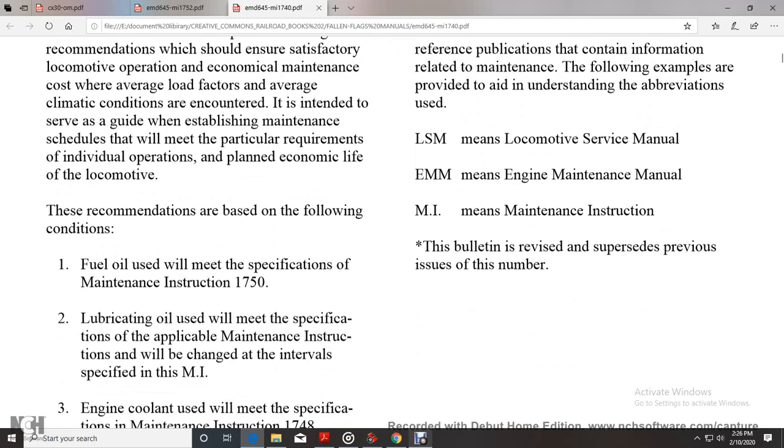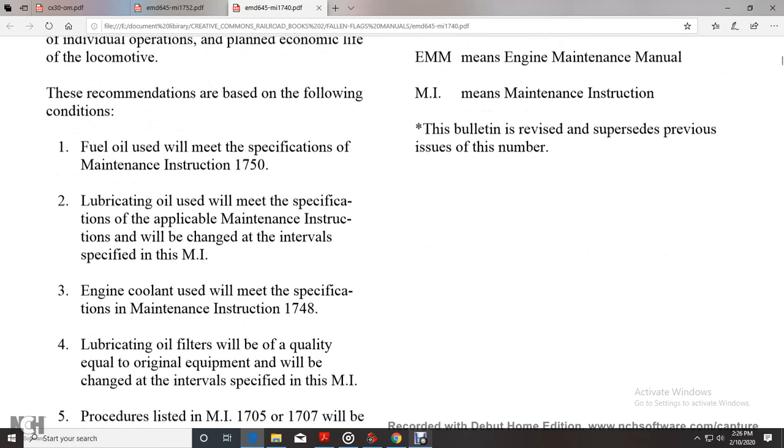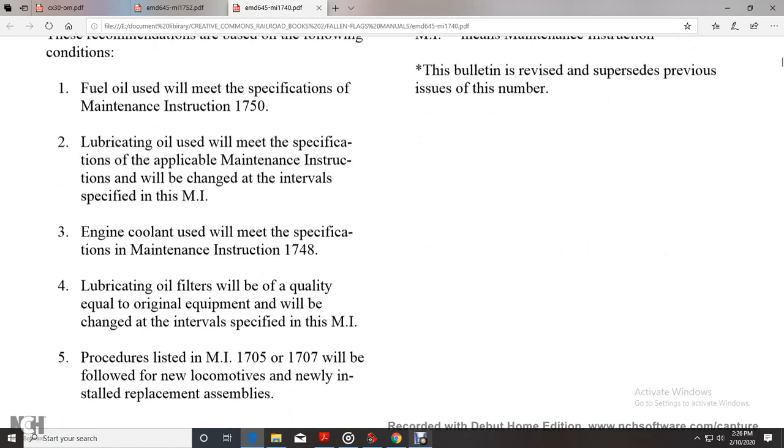which meets the applicable specification will be changed at the intervals specified in the maintenance instruction. Engine coolant used will meet the specification in Maintenance Instruction 1748. Lubricating oil filters will be equal in quality to the original equipment, with the change interval specified in the maintenance instruction. Procedures for Maintenance Instruction 1705 and 1707 will not be followed with new locomotives or newly installed replacement